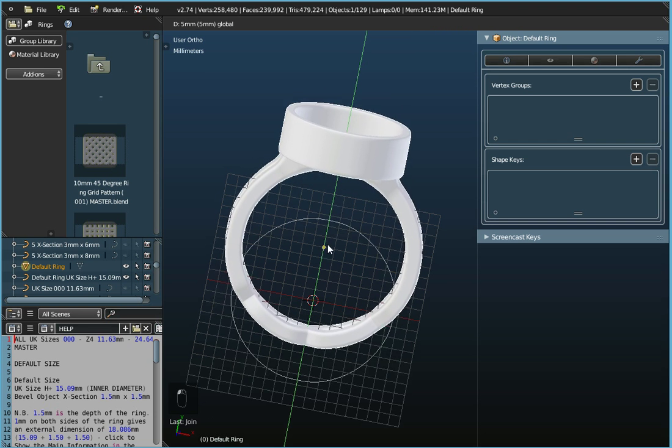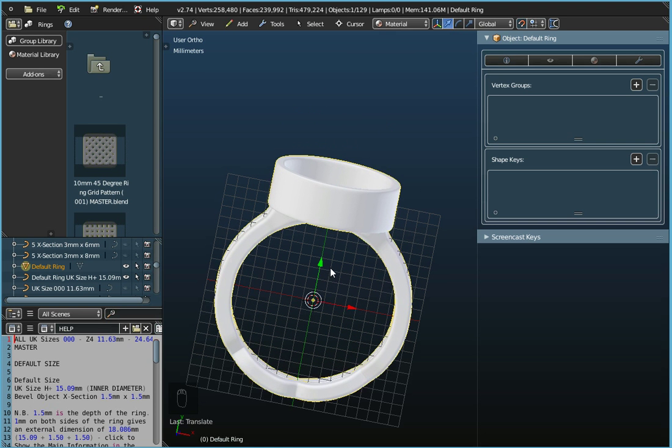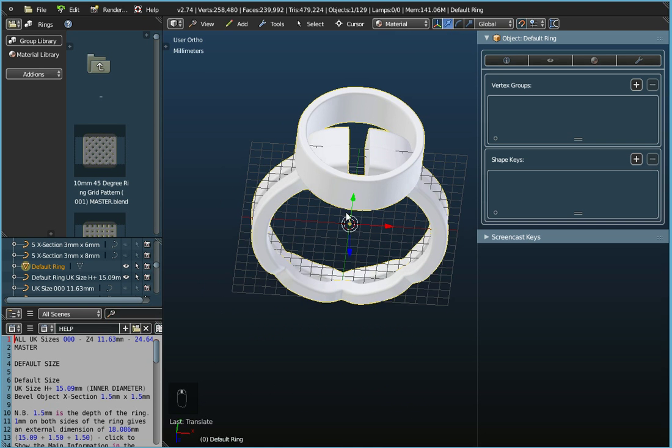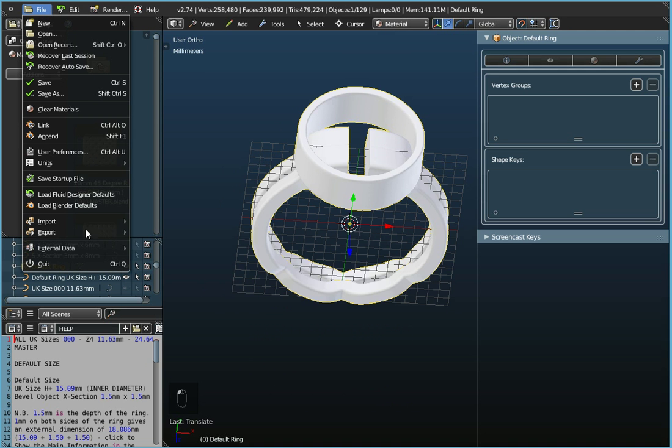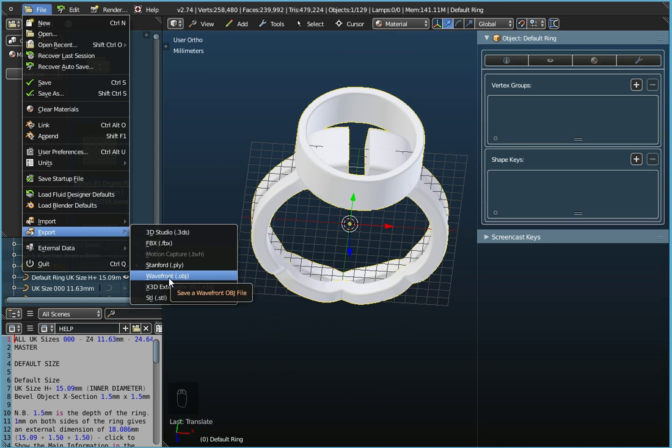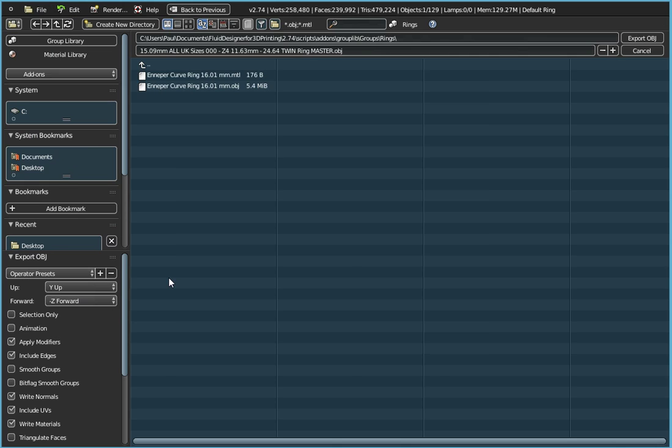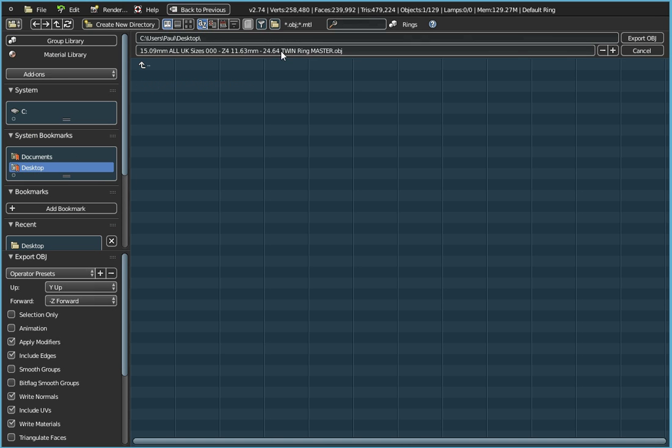So we should have one ring object there now. So as is usual in Fluid Designer, if we go to File and Export, we can export that as a wavefront object to the desktop,